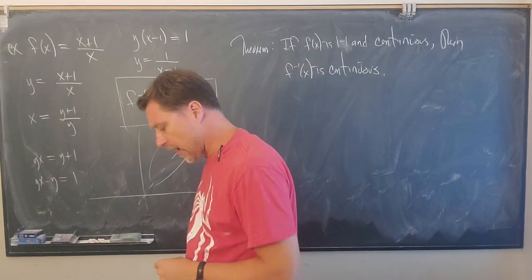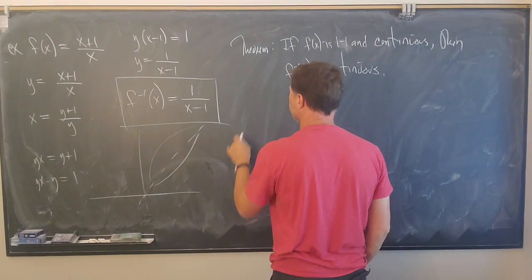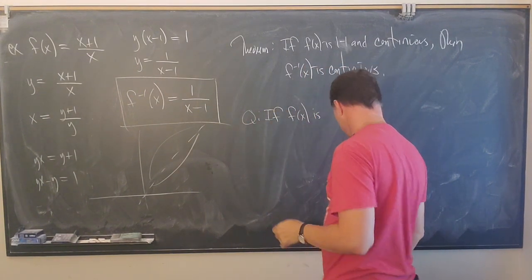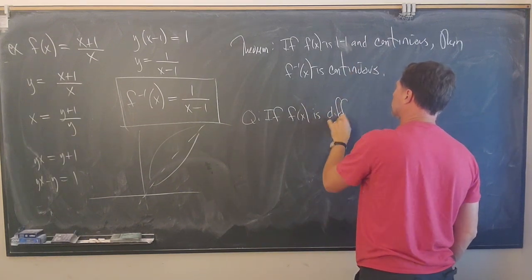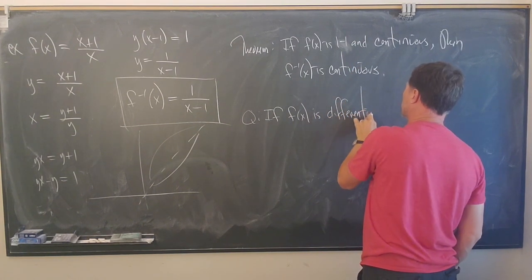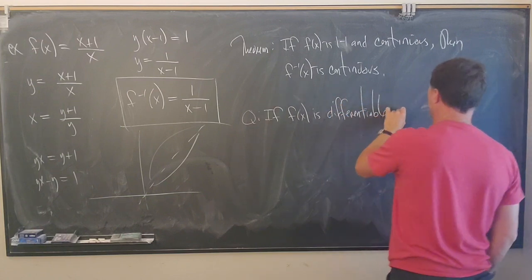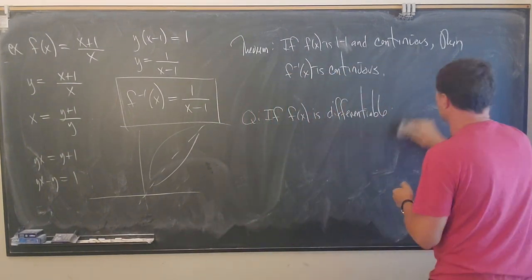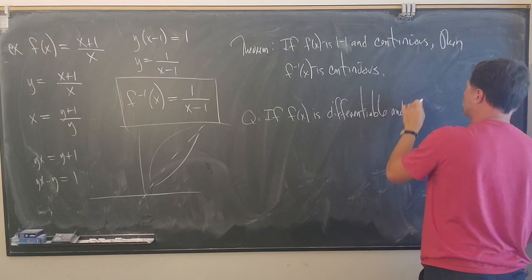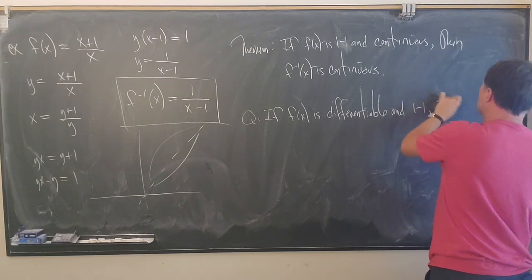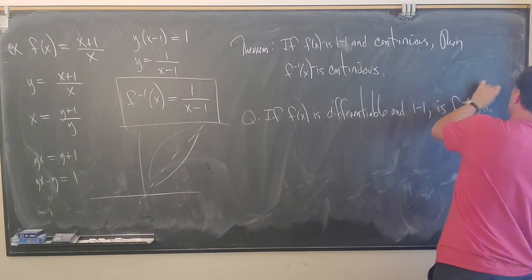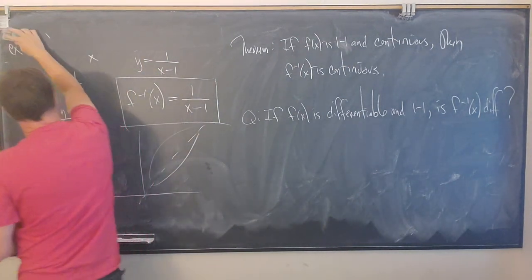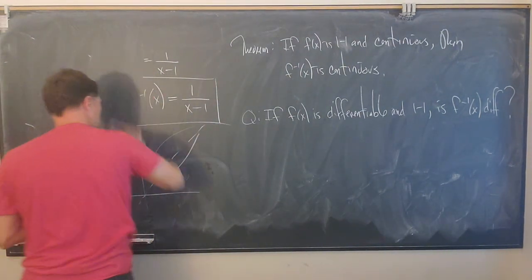Now, here's what we want to do next, and let's ask this as a question, right? So if f of x is differentiable, and I guess I need to say 1 to 1, so differentiable and 1 to 1. Is the inverse function differentiable also? So let's think about what it means to be differentiable, and maybe a better way to say this,